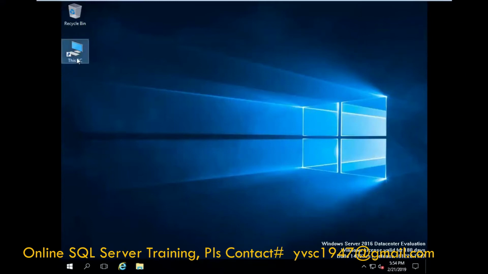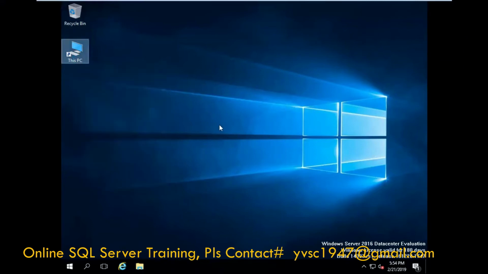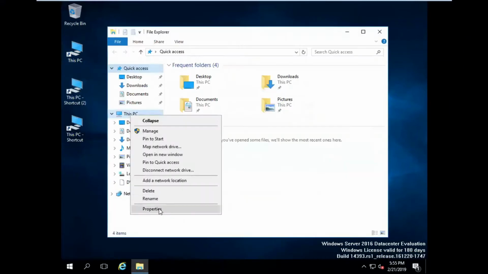Right click and you can see the properties. Your computer name, how can you see your computer name normally in your computer? Right click the desktop icon and you can see the properties. Same, go to the properties.